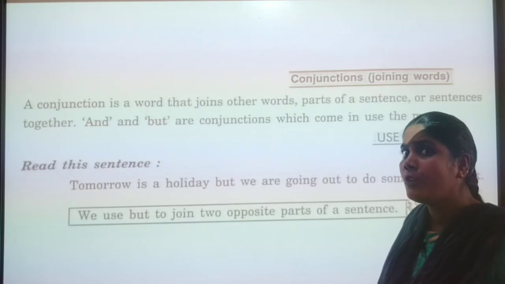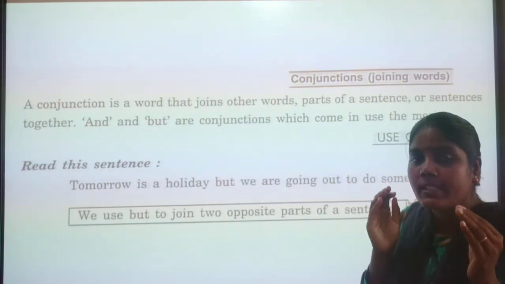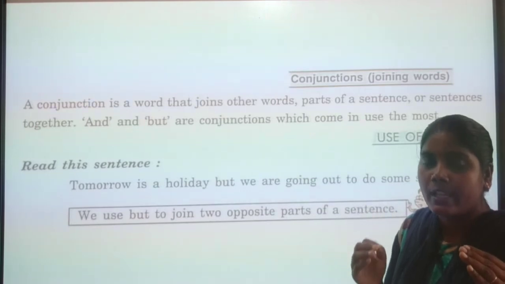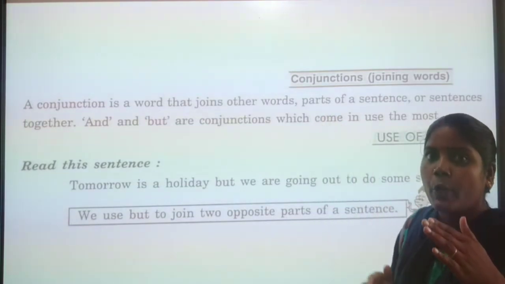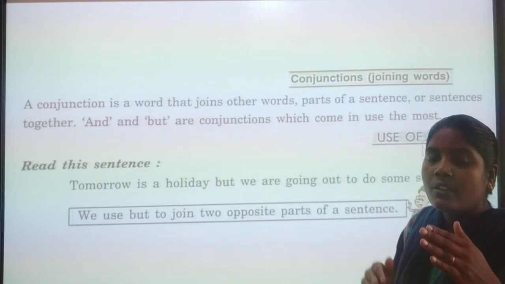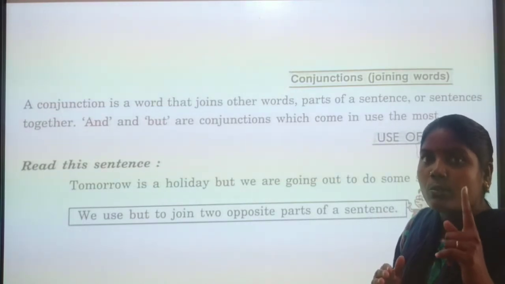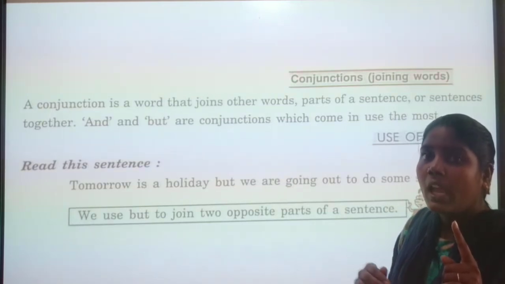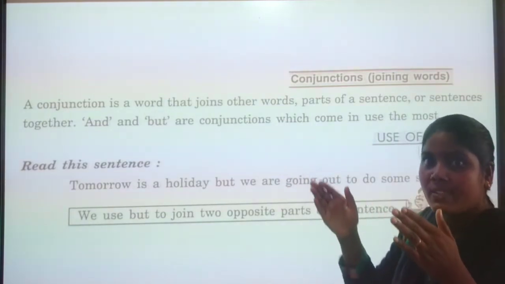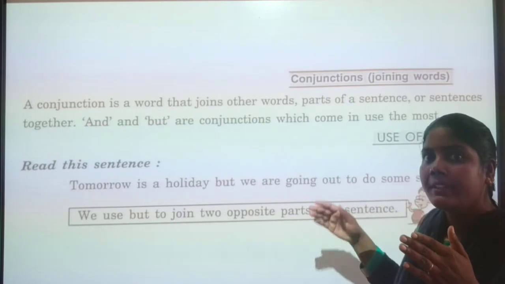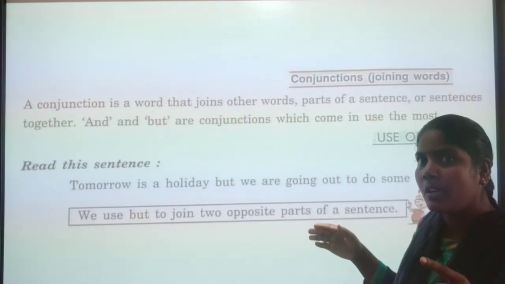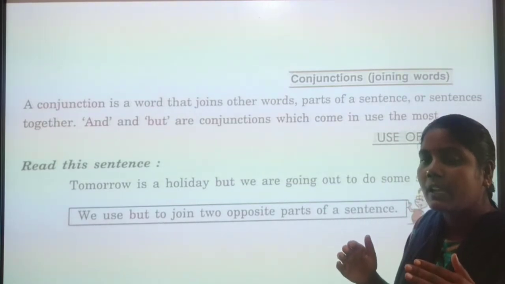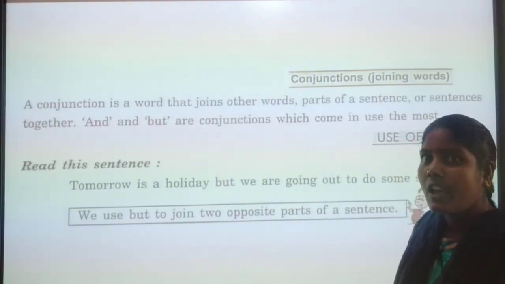Now, my dear children, just keep it in your mind: for the simple past interrogative sentence, for all the pronouns, for all the subjects, we have to use only one auxiliary verb, that is did. And did, any subject, and the first form of the verb we have to use to make an interrogative sentence.